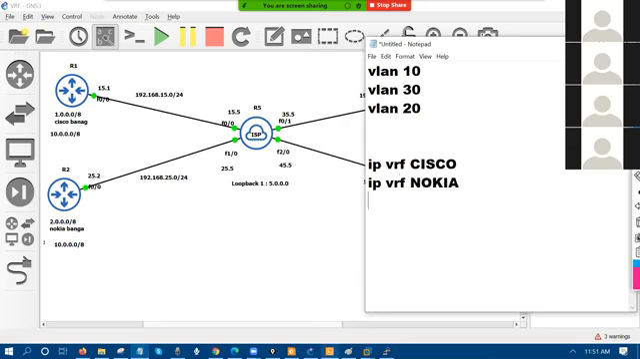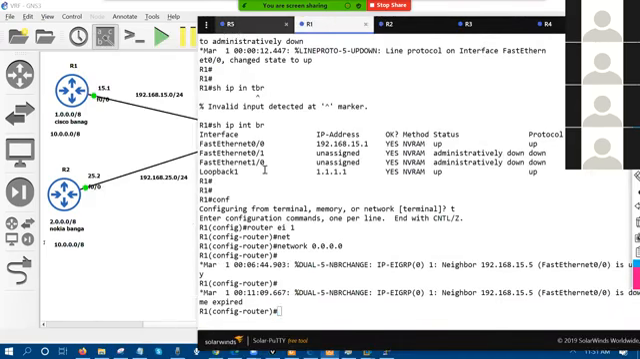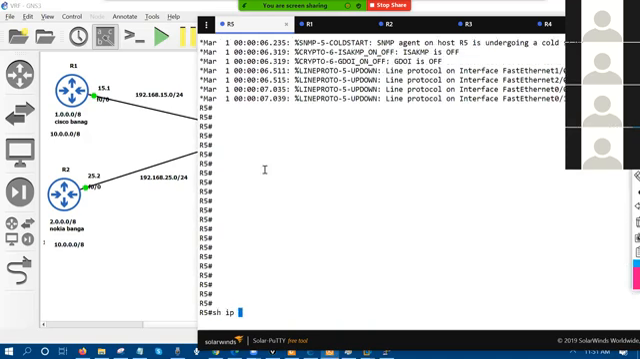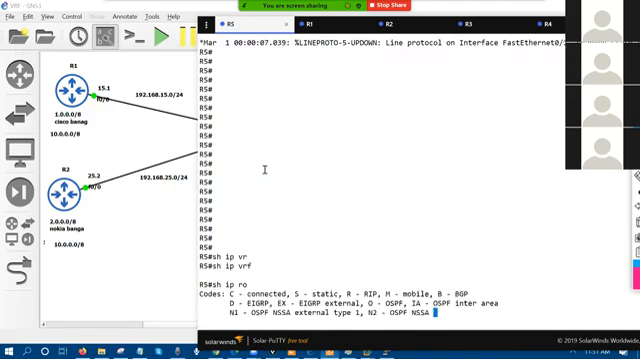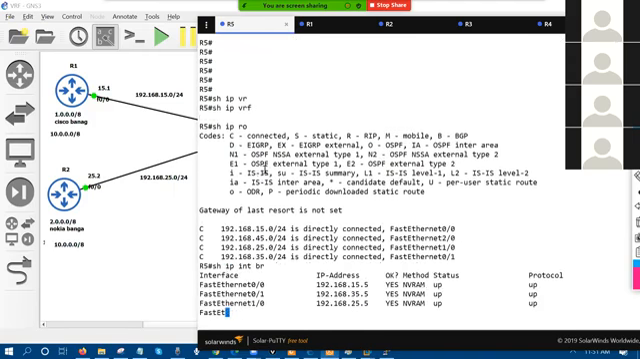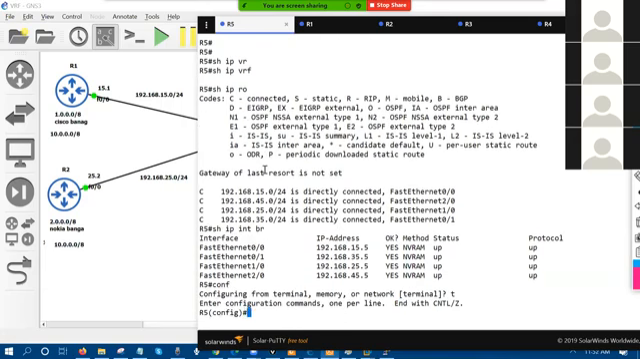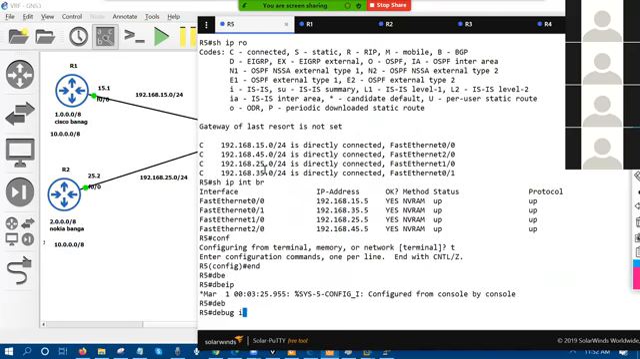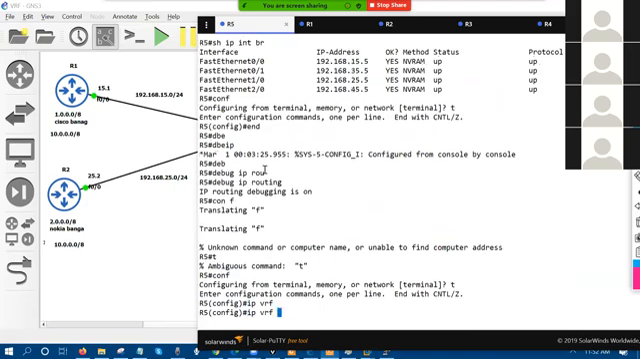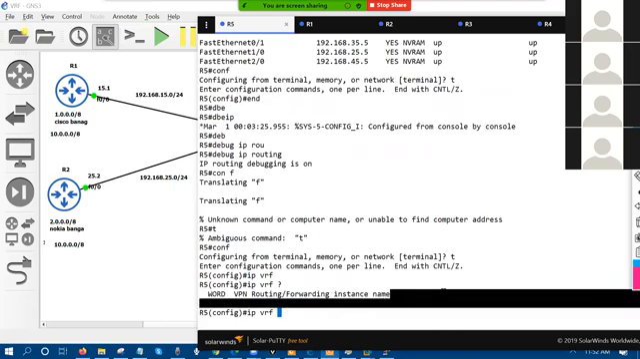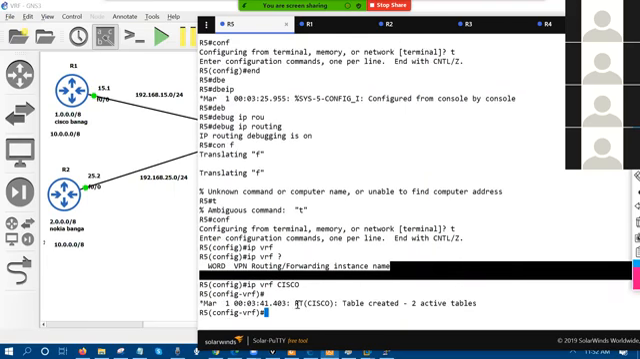So right now, if you just have a look at router number 5, I don't have any VRF, right? I don't have anything. I just have a routing table. In my routing table, I just have the route information. What I'm going to do is say IP VRF, and define the name: Cisco. What happened? Routing table Cisco